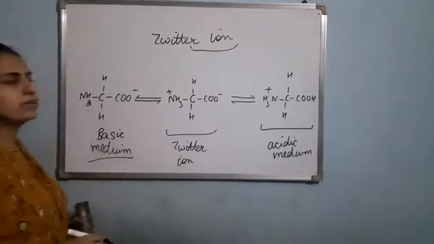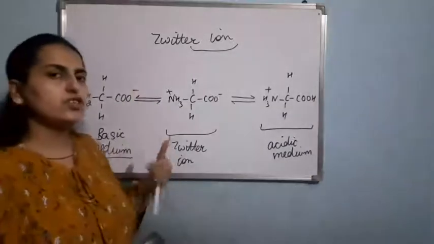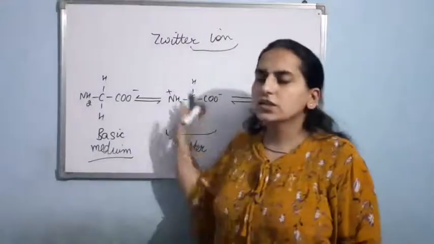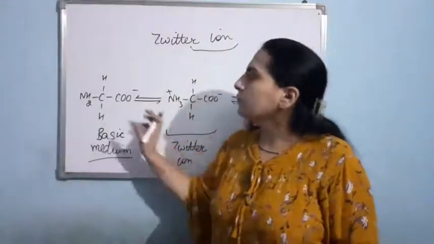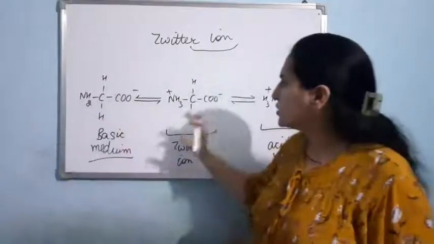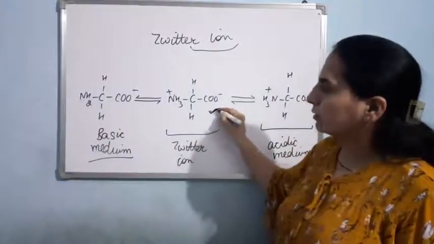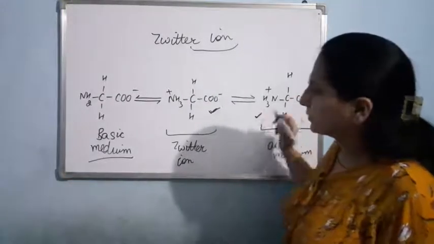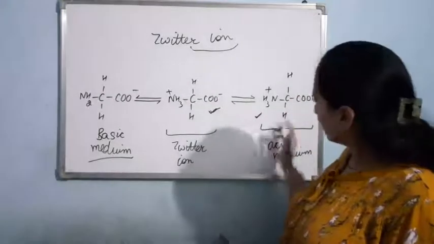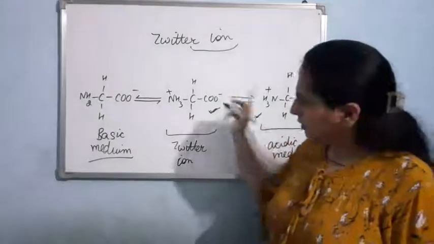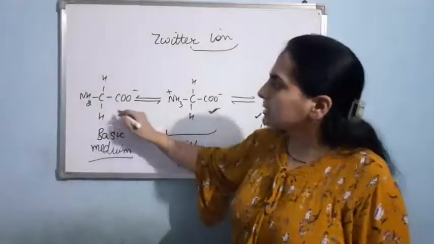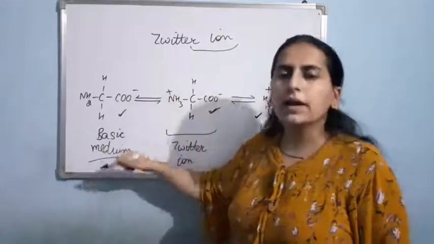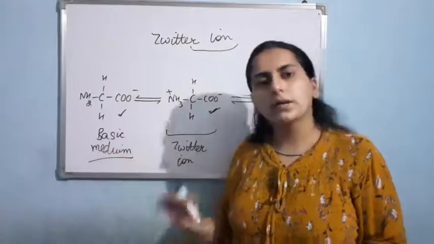Am I clear? So at the different pH, there is a change in the shape of amino acid. Not basically shape, I can say the behavior of them changes. Here they are acting as neutral. Clear? Here they are acting as basic. Means in the acidic medium, they are acting as basic. In the basic medium, they are acting as acidic. As you can see, they are giving the H ion. So in the basic medium, amino acids act as acid. Am I clear?